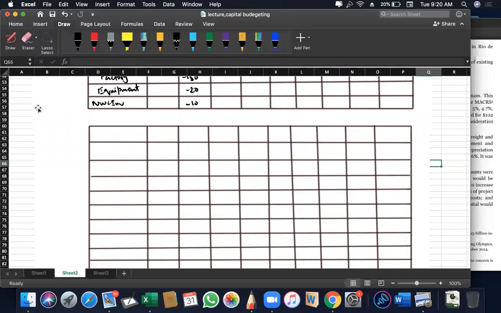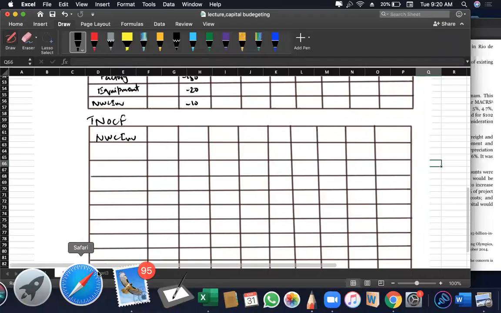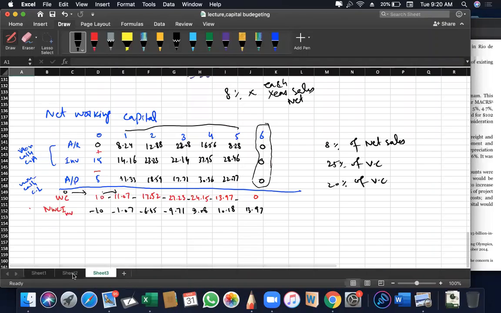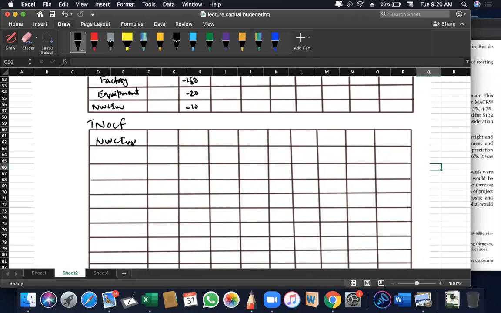Okay, we have 10 minutes. Now, the last part, that is after tax salvage value. So here we will write TNOC, terminal year non-operating cash flows. First I will write net working capital investment, that is the change. So far, the first year we have incorporated, it was minus 1.07. Here I will write minus 1.07,